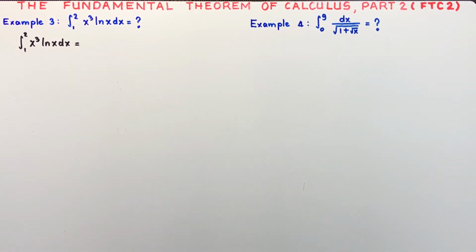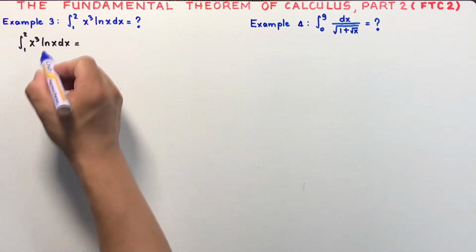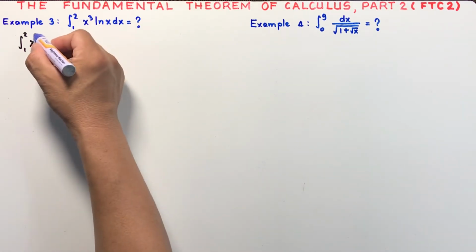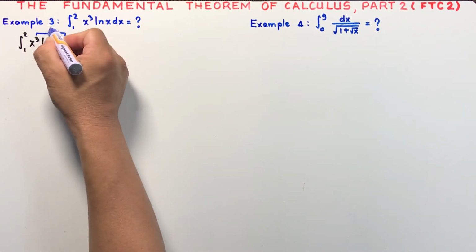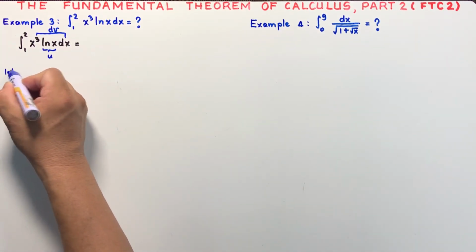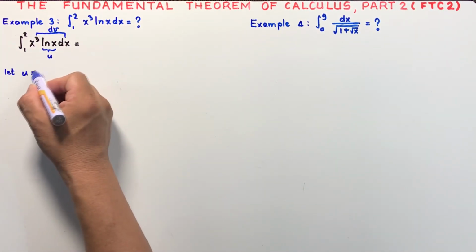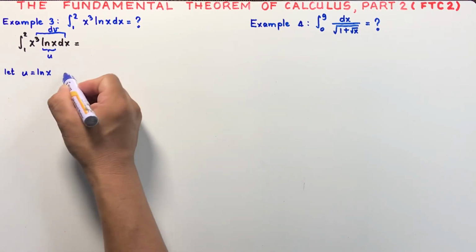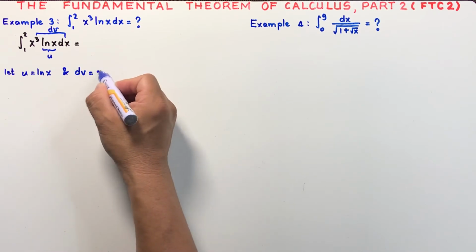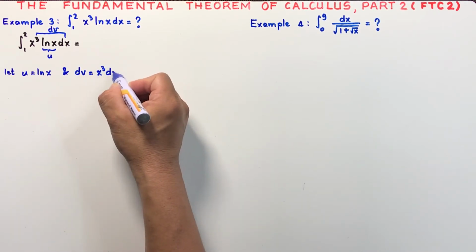So therefore, we will apply integration by parts here and say that this is our u and this one is our dv. So let u be equal to ln x and dv be equal to x cubed dx, which is